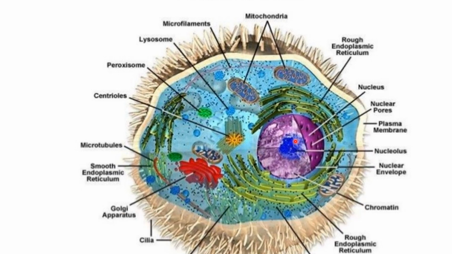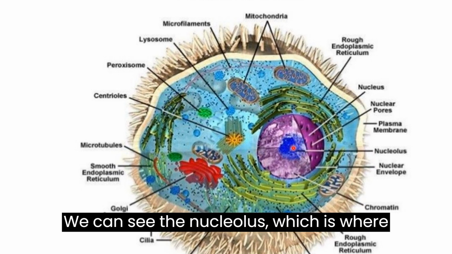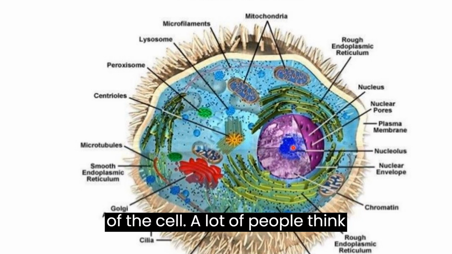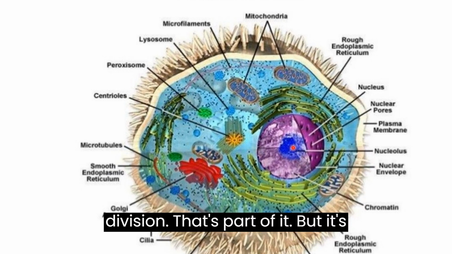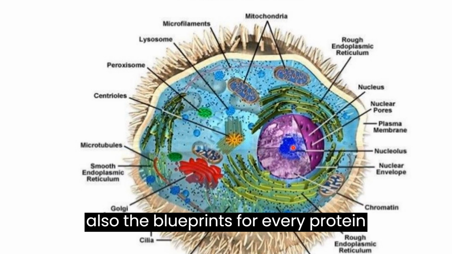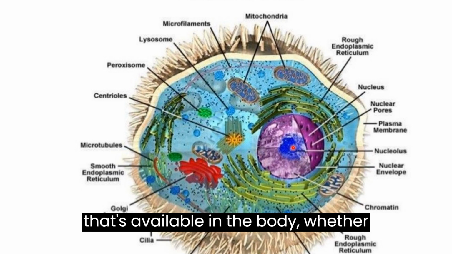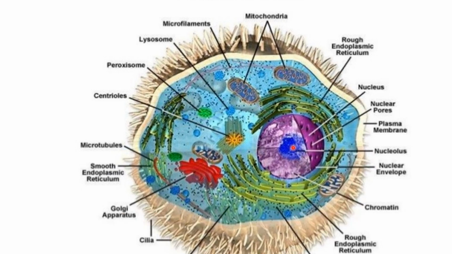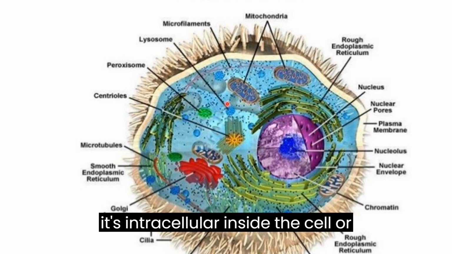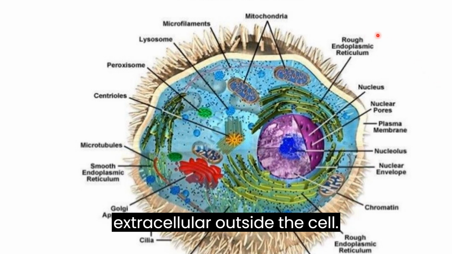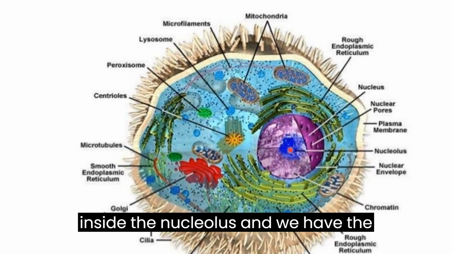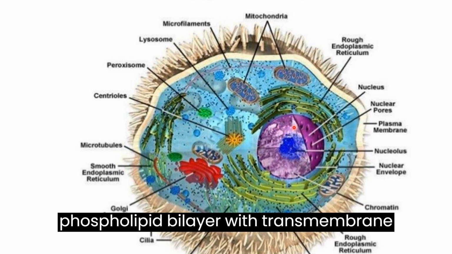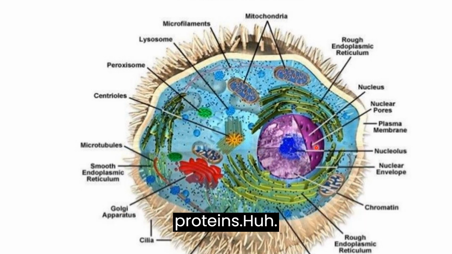For instance, if we look here, we can see the nucleolus, which is where we end up finding the genetic material of the cell. A lot of people think genetic material is just for cell division. That's part of it. But it's also the blueprints for every protein that's available in the body, whether it's intracellular, inside the cell, or extracellular, outside the cell. So we have the codes for the protein inside the nucleolus, and we have the nucleus around it, which is a phospholipid bilayer with transmembrane proteins,